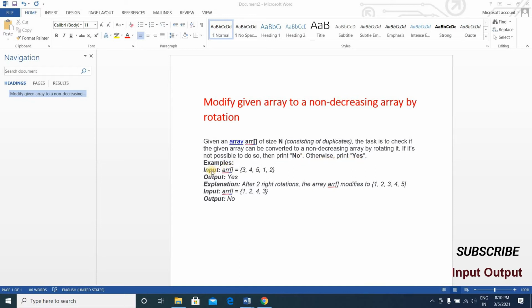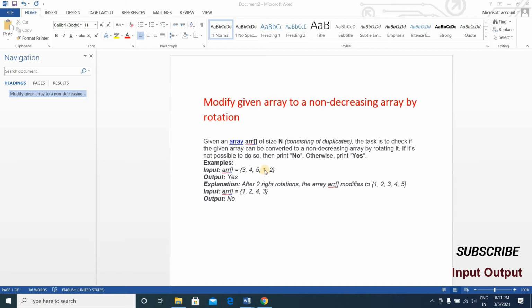Our first example is an input of some elements which is sorted and rotated. You can see here 3, 4, 5 and then 1 and 2. If we rotate 2 to the first, then it will be 2, 3, 4, 5 and then 1.